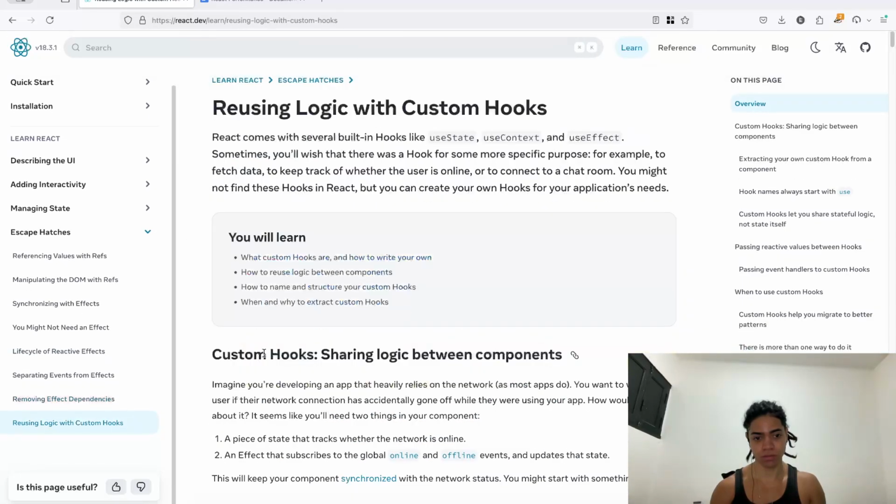The other is now reusing logic with custom hooks. The idea is that most of the time, when we want to, for example, fetch data from the user or keep track of whenever the user is connected to a chat room, you might not find a hook for this, and then you need to create your own hook. That's why we have, for example, hooks like